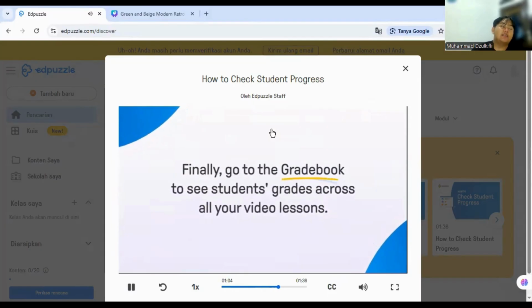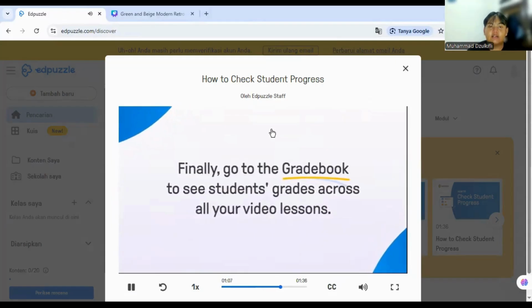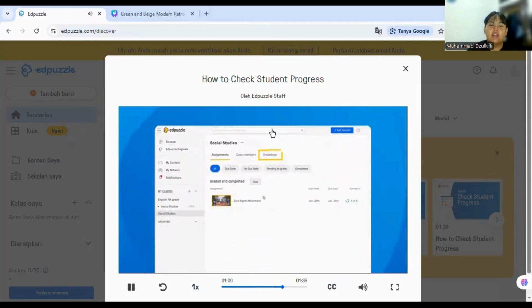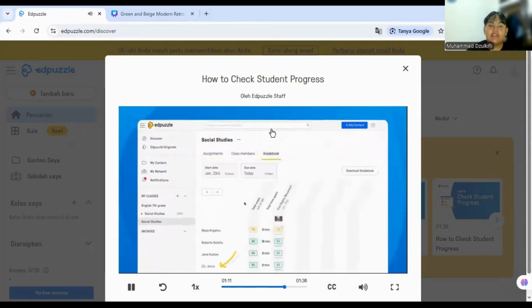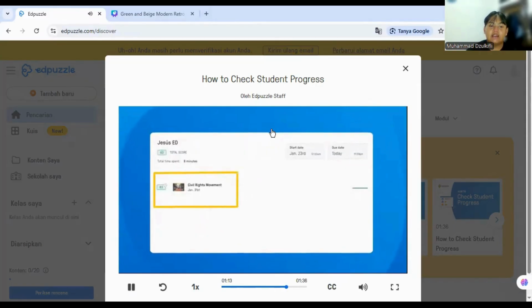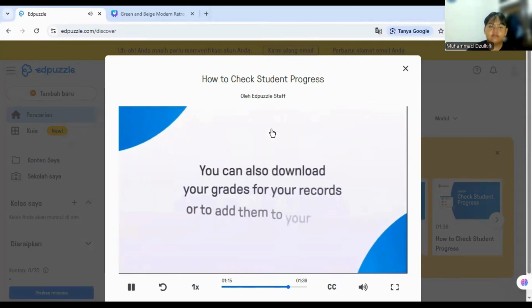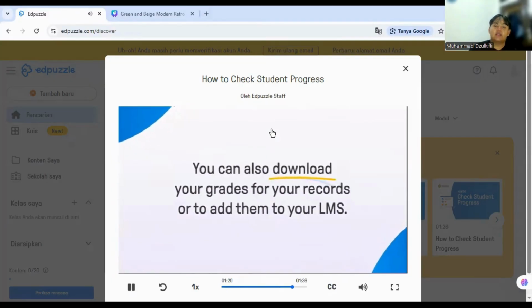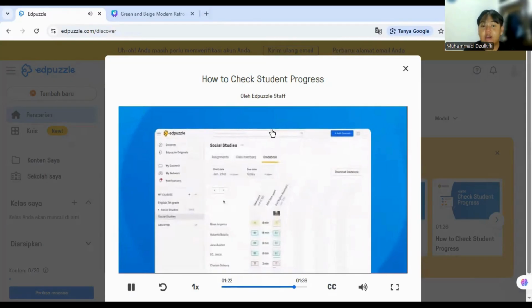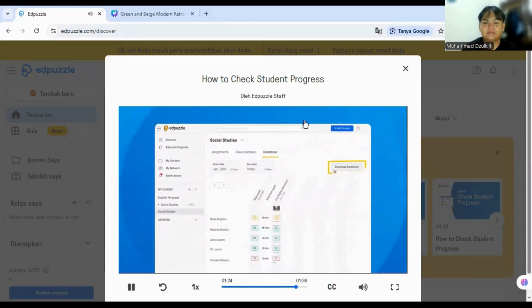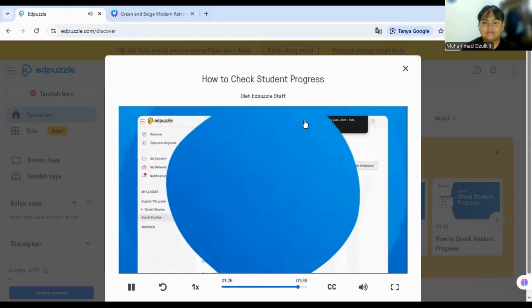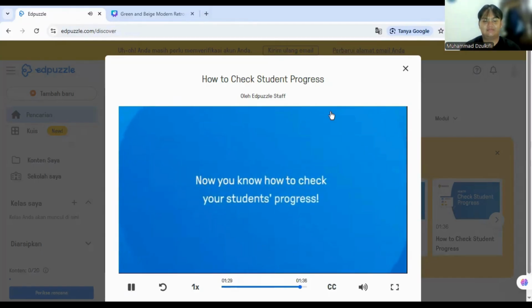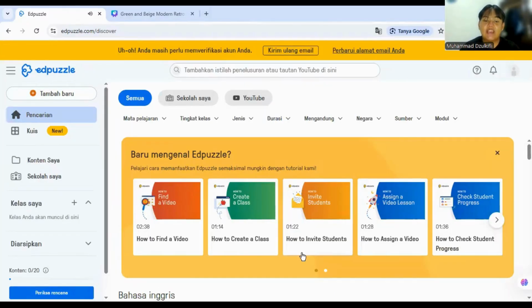We can directly give our students appreciation and grading, and it's really easier. You can also download the grades and add them to the LMS. That's how to check student progress.